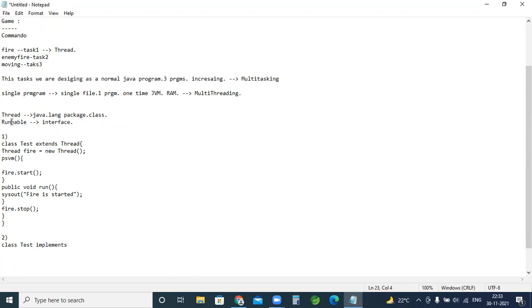Okay, an interface is nothing but a pure abstract class, right? This is also another class, so we have to use this keyword. Extends is for extending another class. Implements is for an interface. For the interface, we are using